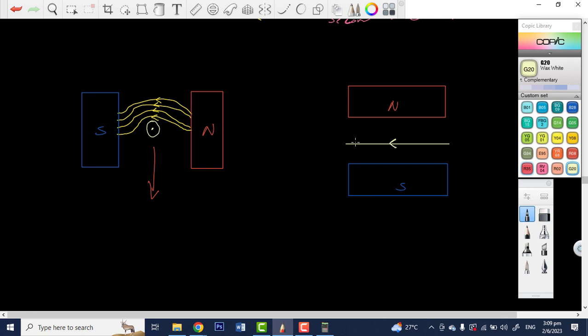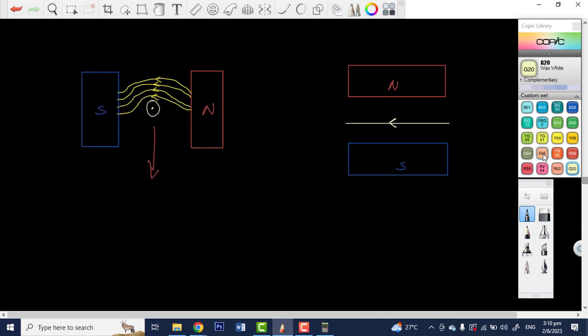Just for 32A. Now it says, with the aid of a diagram, explain the function of a simple DC motor. Alright, so for that now, we have to get a little complex. So we will draw